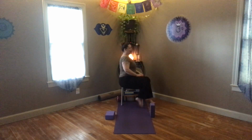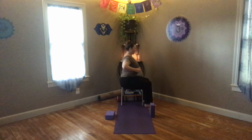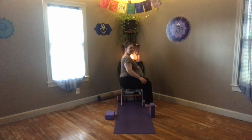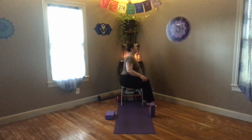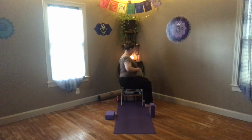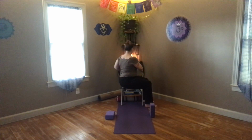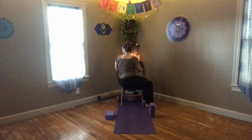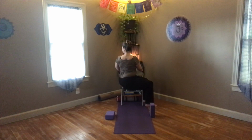We're going to turn all the way to the right, and you're going to face the right side. Now maybe your left hip hangs off the chair. That's okay. If you can, wiggle back and find what's comfortable. Both hands on the back of the chair. Twist to look over your right shoulder. Feet are flat, chest is up,